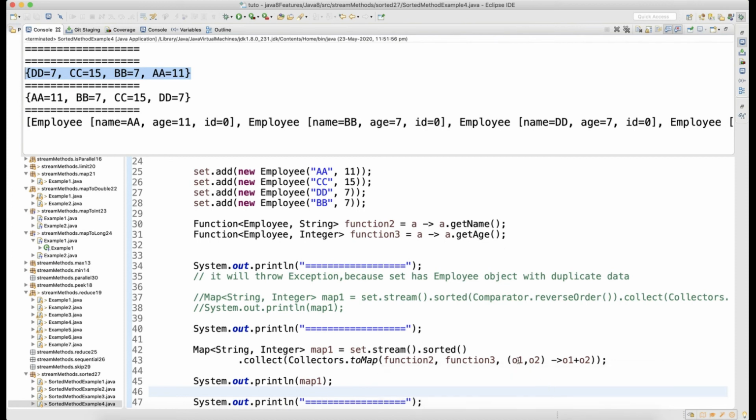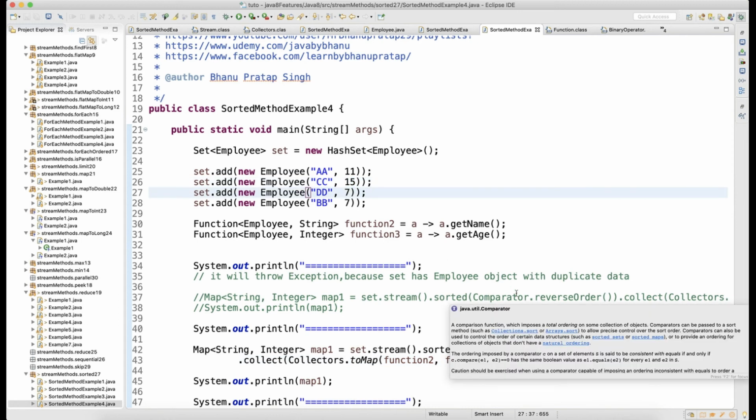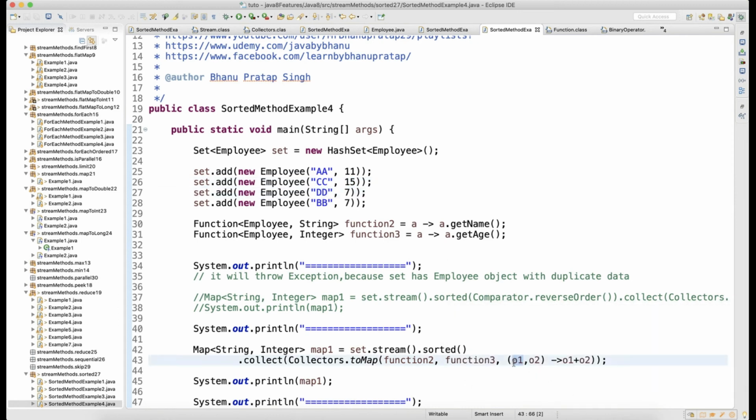And then you know what this will do, both O1 and O2, you know how it will get mapped, the same as 1. So this will be the 1 and this will be the 11. Similarly again O1 will be 1 and then 15 and then 7, not 1, actually 0. Okay, 1 is going to be a 0, because see this kind of collect will help you. The map which has 3 arguments will help you when you are running a parallel stream.